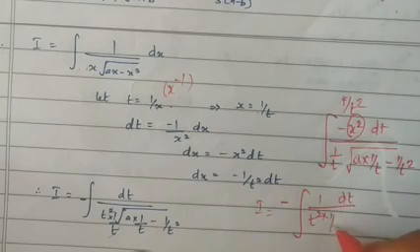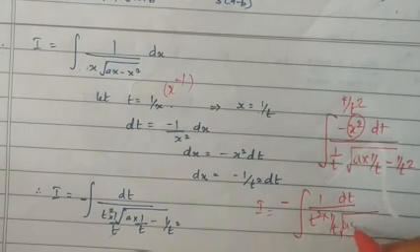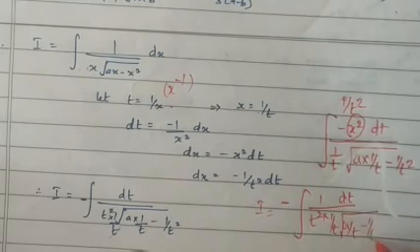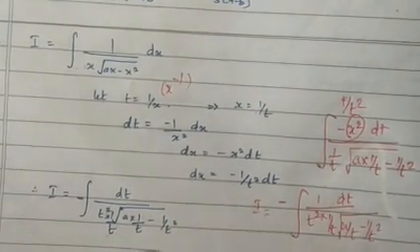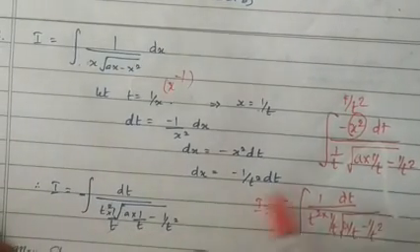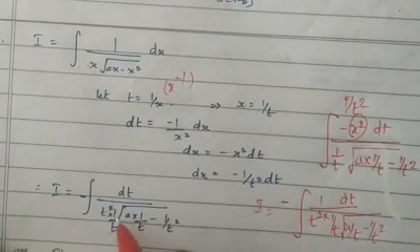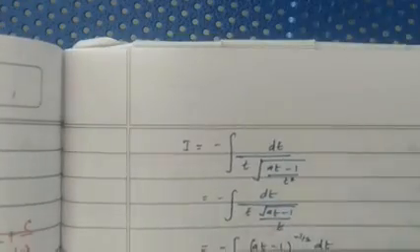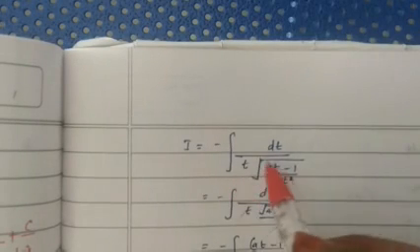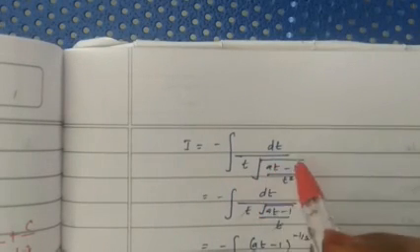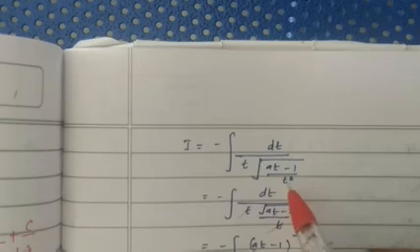Here this is 1 by t. Here root of a into 1, a, that is a by t minus 1 by t squared. That's what is written here. After that simplify. Here this t squared and 1 by t will get cancelled. You will be getting t. After that take LCM. After that when you simplify and take LCM you will get minus integral over dt divided by t into root of at minus 1 divided by t squared.